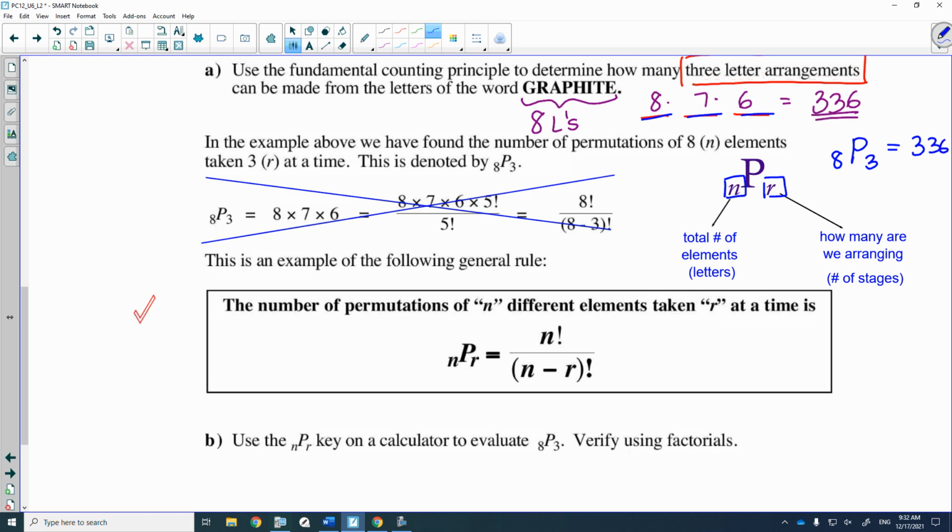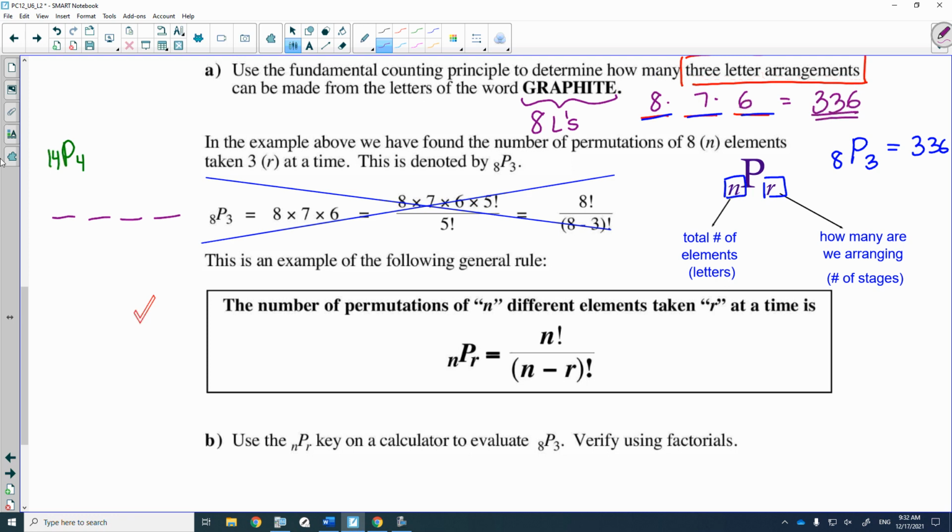I just want to illustrate again another example. So let's say you were given 14 permute 4. What this would sort of indicate is we've got a word with 14 letters, and how many different 4-letter arrangements can we have? So this would be 4 stages. So you would set up your 4 stages,